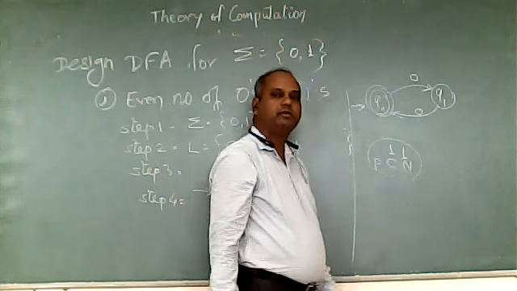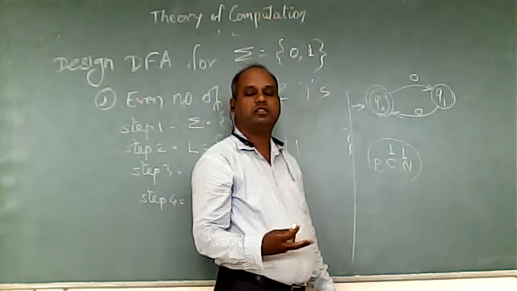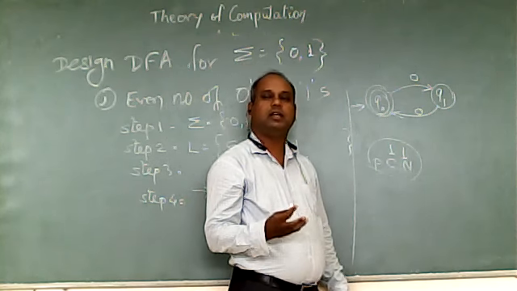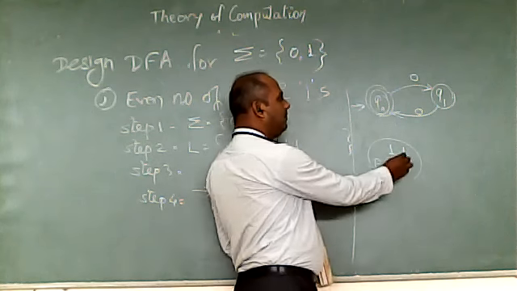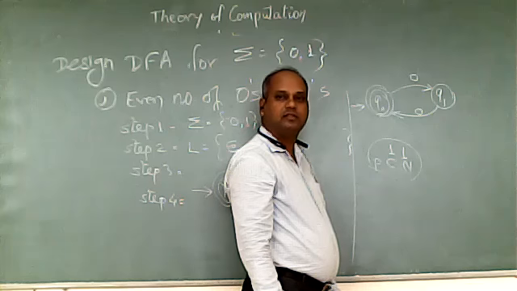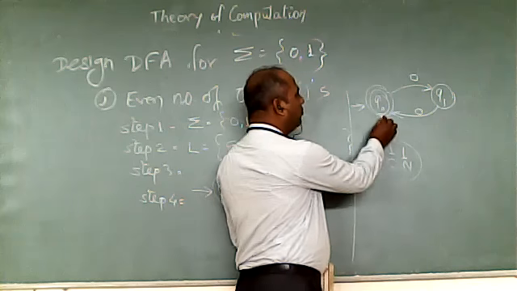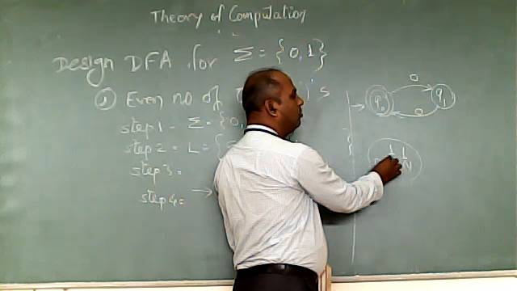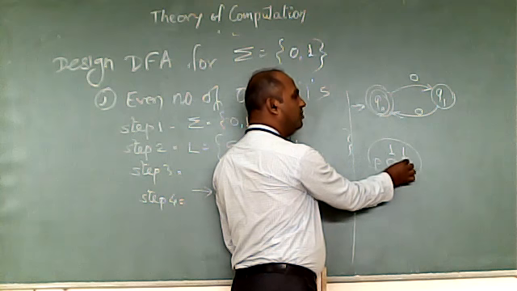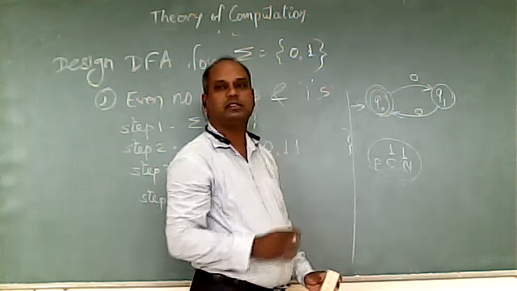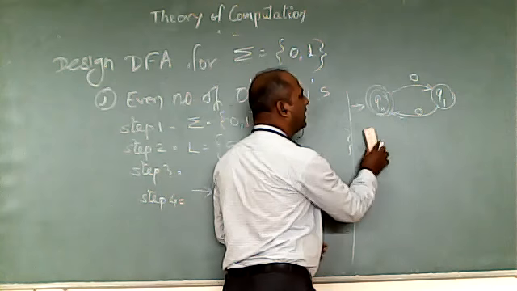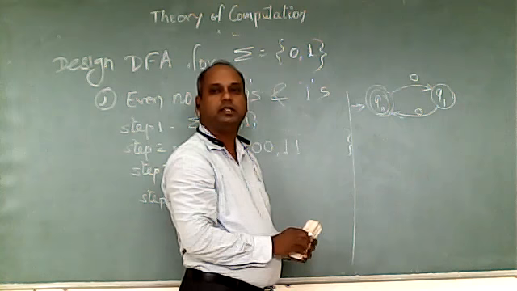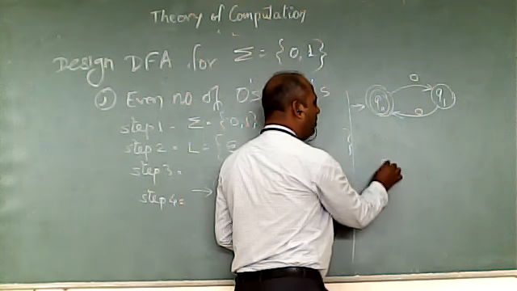So what additionally do I need to make this string valid? If I add 1, it becomes 1 1. So the number of ones is 2 times, that is even. The number of zeros is 0 times, that is again even. So if I add a 1, I will get a valid string. So from Q0, the 1 transition will go to a state, and from there, with 1, I will reach the final state.